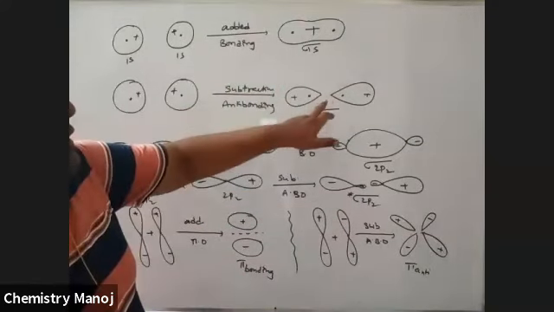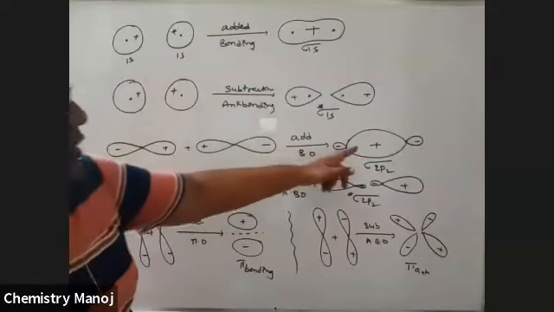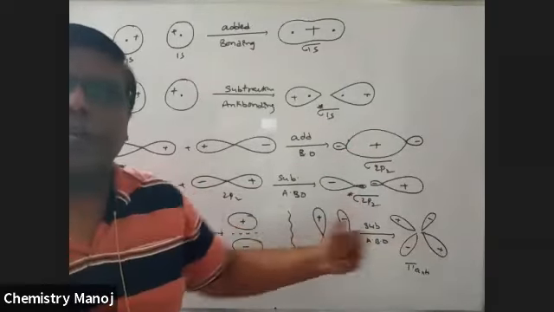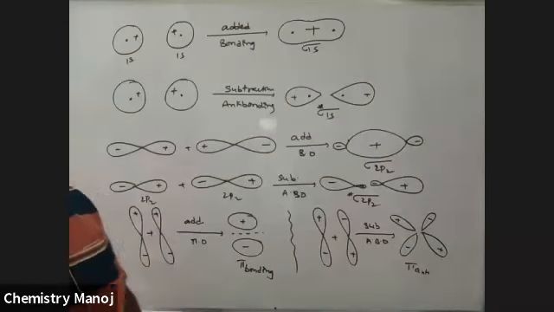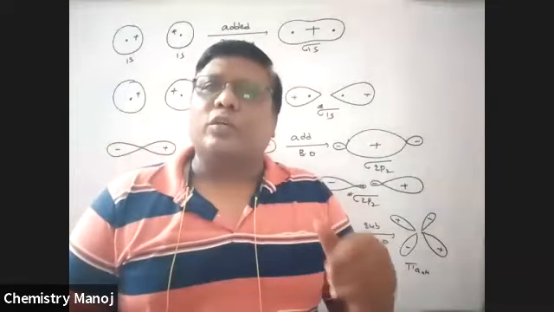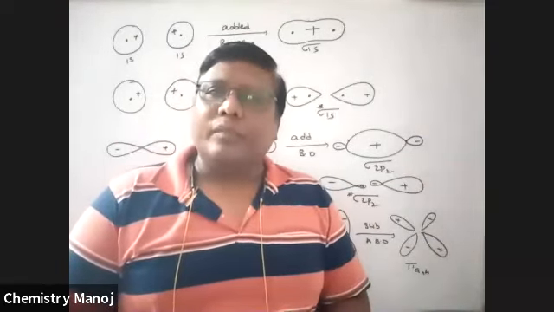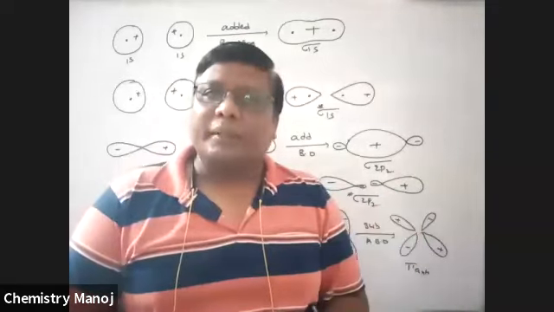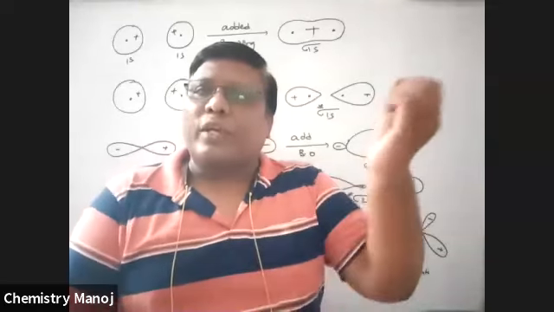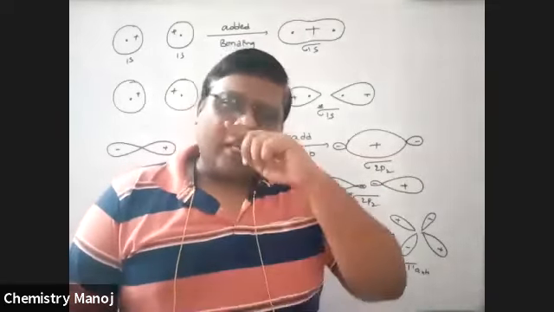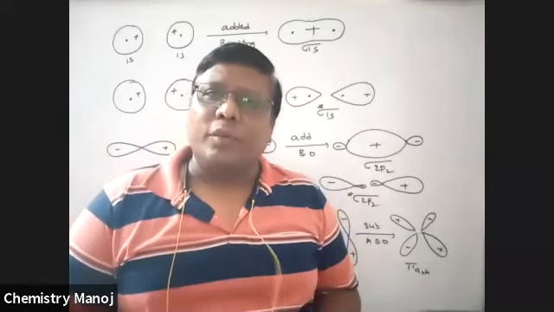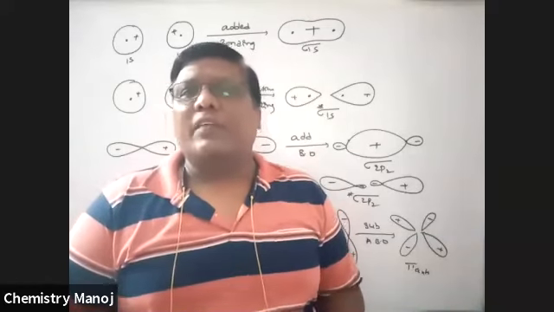So this is bonding, this is anti-bonding in the case of s orbitals, sigma molecular orbitals, and pi molecular orbitals. This is the way orbitals are combined. 1s and 1s mix, but not 1s and 2s, because they have different energies. 2s and 2s mix, but not 2s and 1s. So orbitals having the same energy are going to be mixed. This is very, very important.